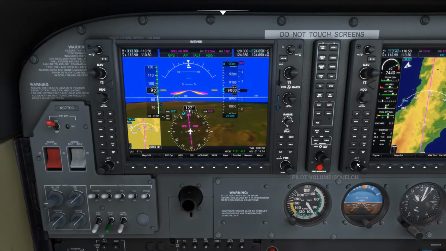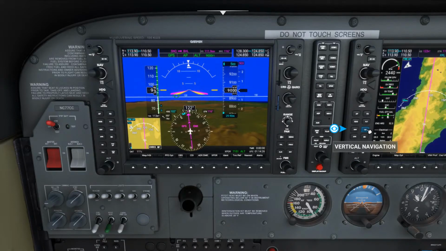So I'm going to assign our altitude to 500, put down 500 feet, and go ahead and arm our vertical navigation. So now our vertical path is armed.